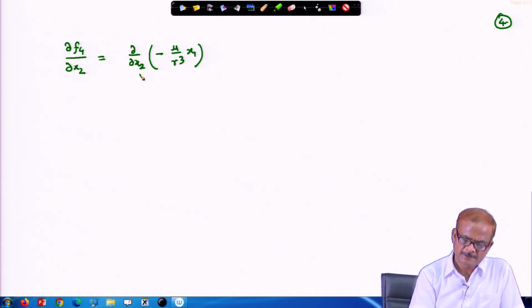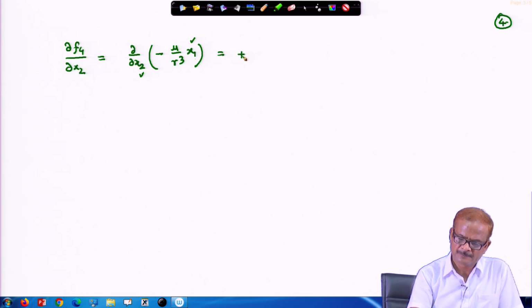So, we can see that the x2 is here and x1 is here. Okay, so, x1 is not a function of x2, therefore, we did not differentiate the second part and we will get here minus minus plus mu by r to the power 4 and ∂r/∂x2,